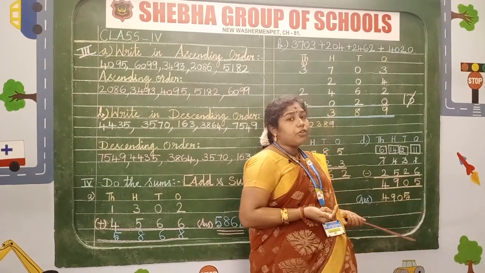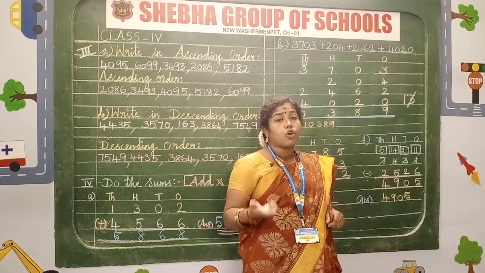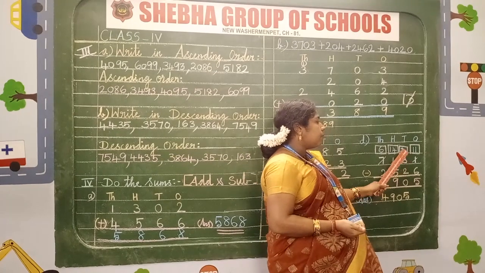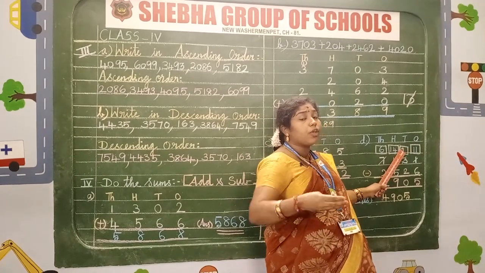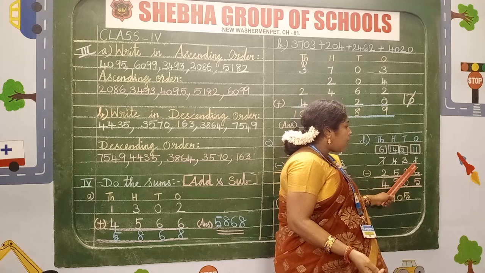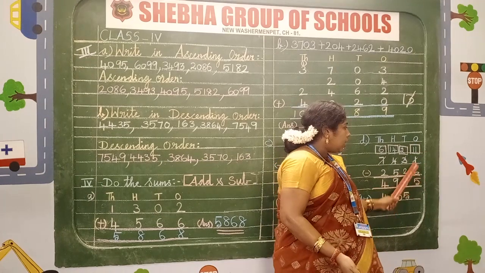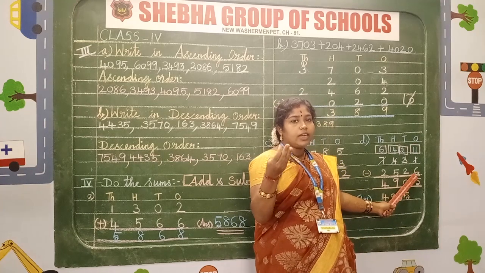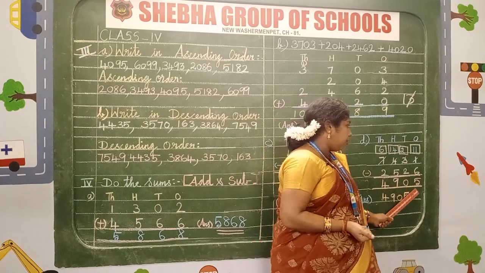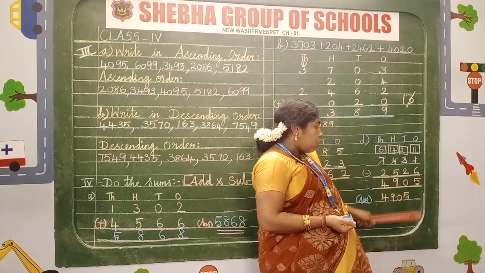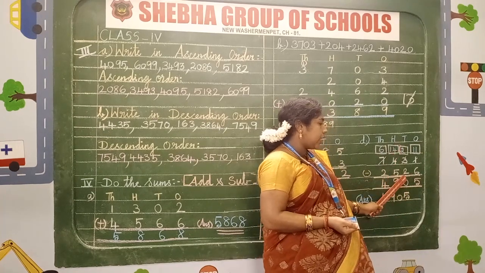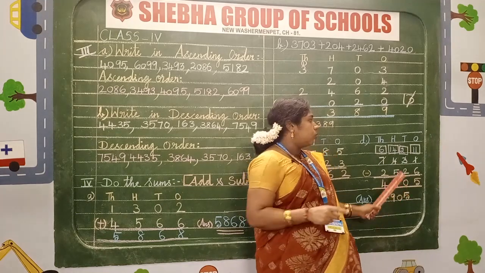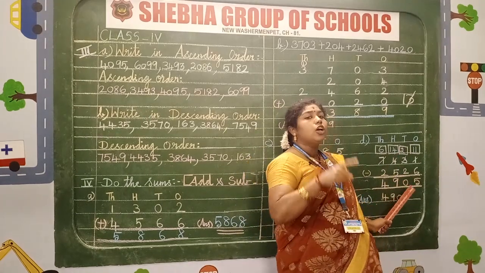So what we have to do in this case, we have to borrow a number from the previous place value. So here 3 becomes 2 because it is giving one to us. So 1 becomes 11. Now tell me 11 minus 6. After 6, 7, 8, 9, 10, 11. So 5. Write 5 here, children. Now subtract 2 minus 2. If the same number occurs, the answer will be 0. So 2 minus 2, we get 0.